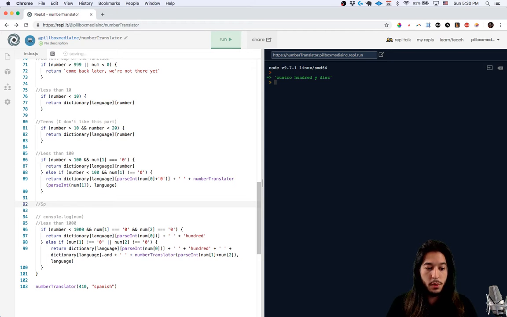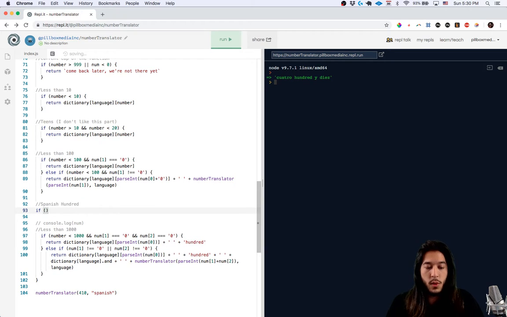So I'm going to put in this comment here. It just says Spanish 100. This is the way my brain is like, oh yeah, you could fix this, do this. And I already don't like it. But, you know, until I come up with a better solution, maybe later, if I really were working on this at a job where it needed to be perfect, I might have an 8-hour workday where I can maybe over lunch talk to a coworker and say, hey, I did this, but I don't think it's great. What do you think? Or just think about it in the shower later. But for right now, I'm just going to do this.